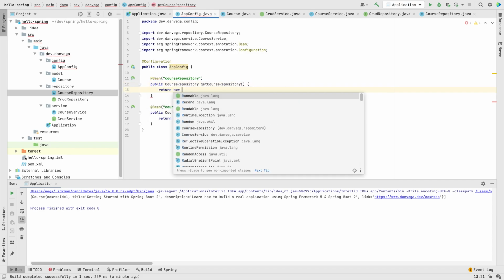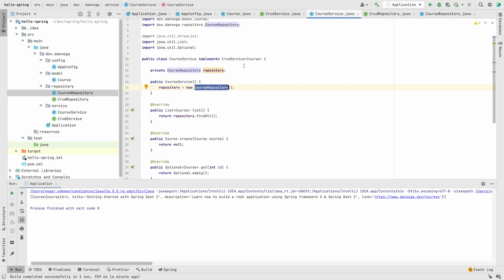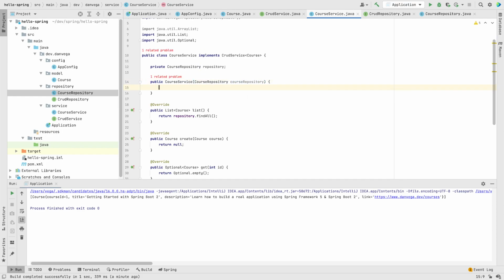Return new course repository. Okay, so this is going to work. But now if we look in our course service, we don't want to new this up, right? What we want is this constructor to accept an argument of type course repository. And that way we would just set this.repository equal to course repository. And actually the name isn't the same, so